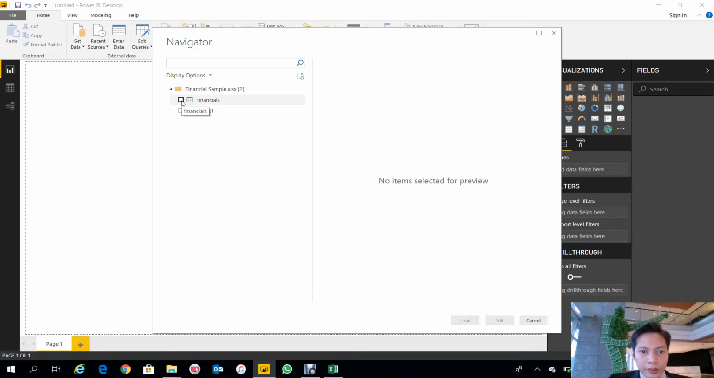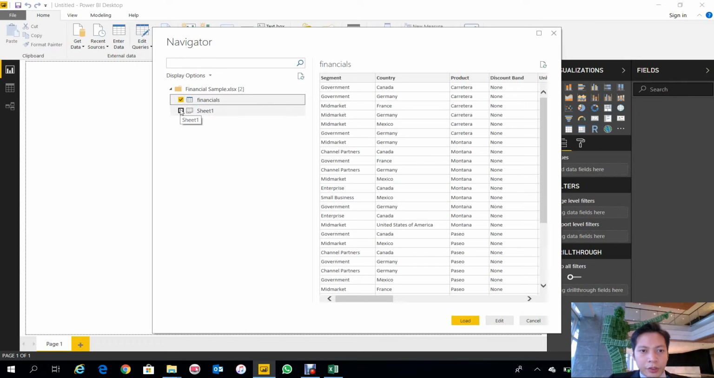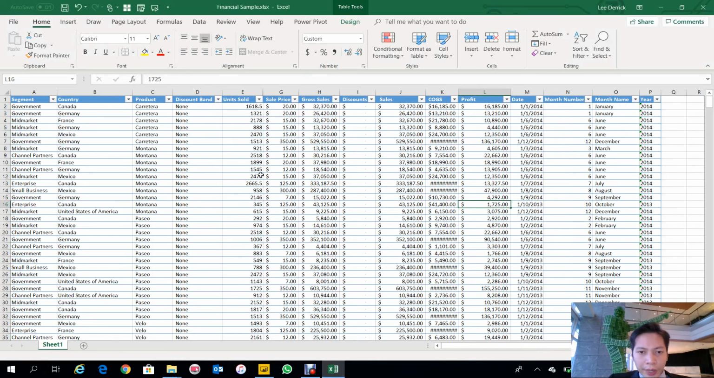And then you can see that you are asked to select data from the Excel, either from financial or sheet 1. So what are the differences between them? Let me explain. If we go back and open the Excel file, this Excel is on the sheet 1,